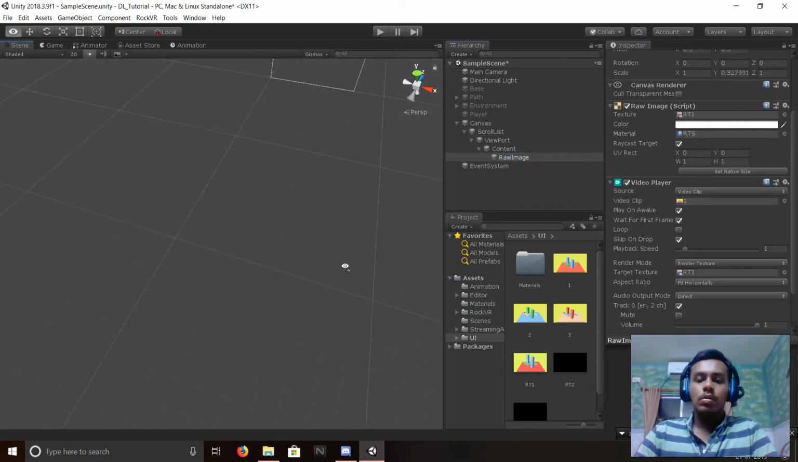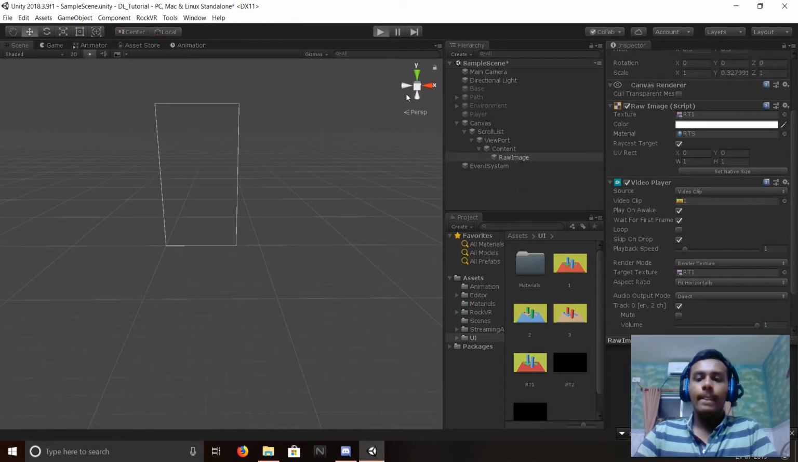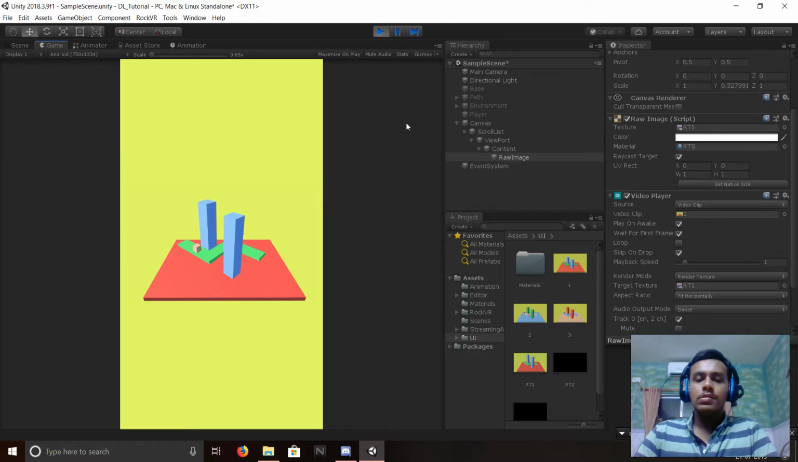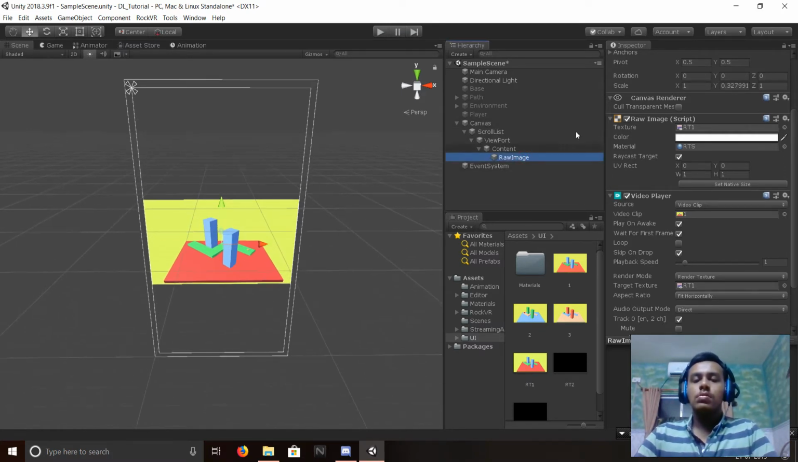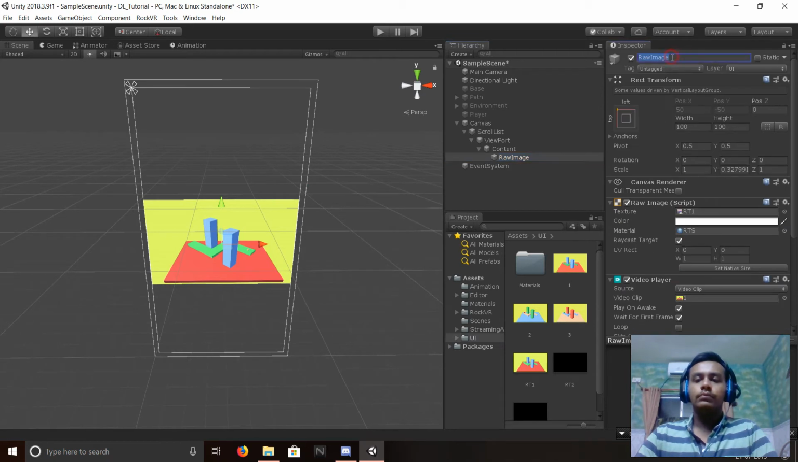So let's see. So here is our level, looking fine as that. So that's okay. Now we need to add another three levels. So there is our first raw image. Let's name it level one,